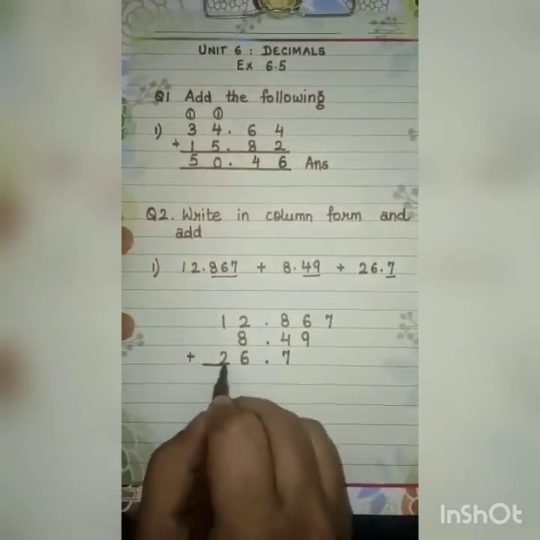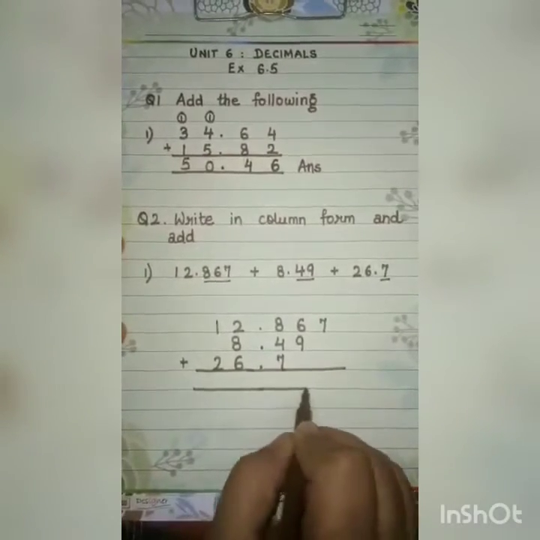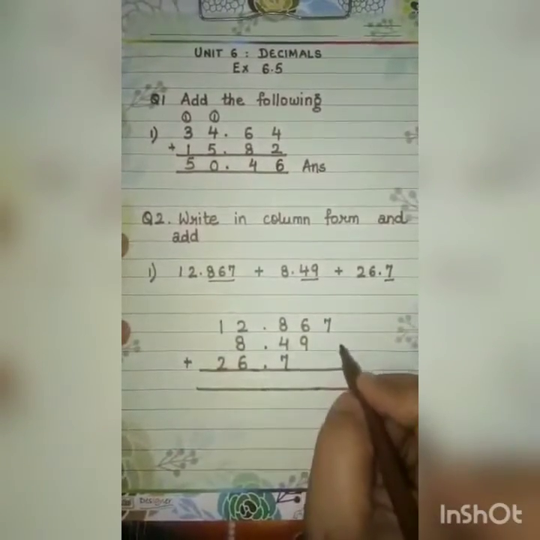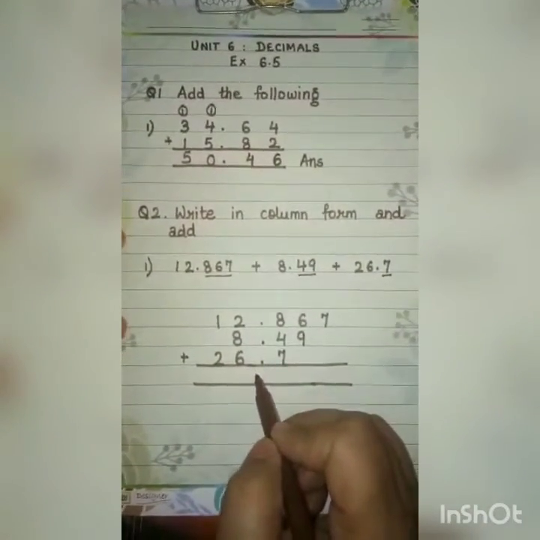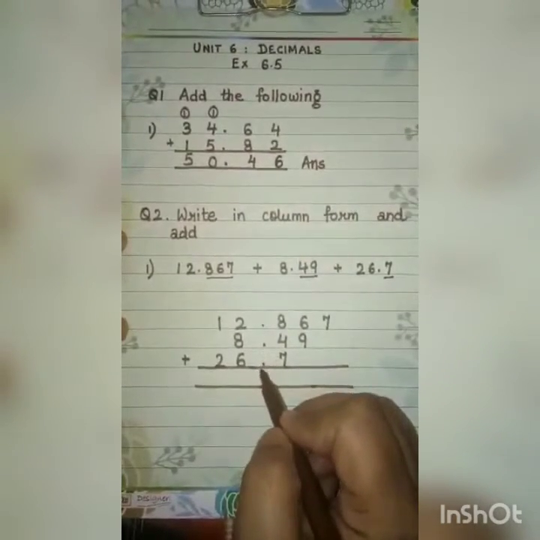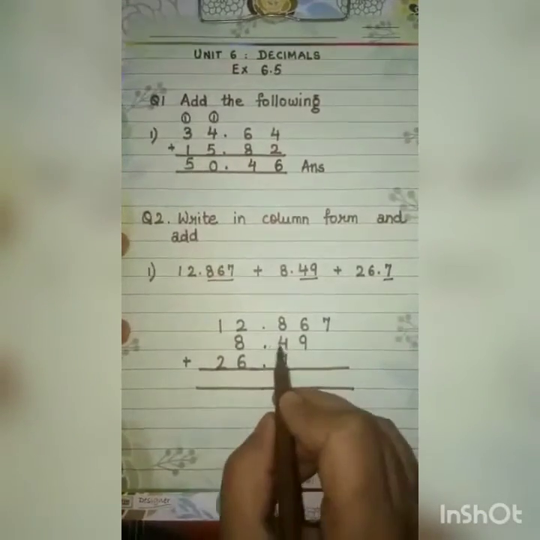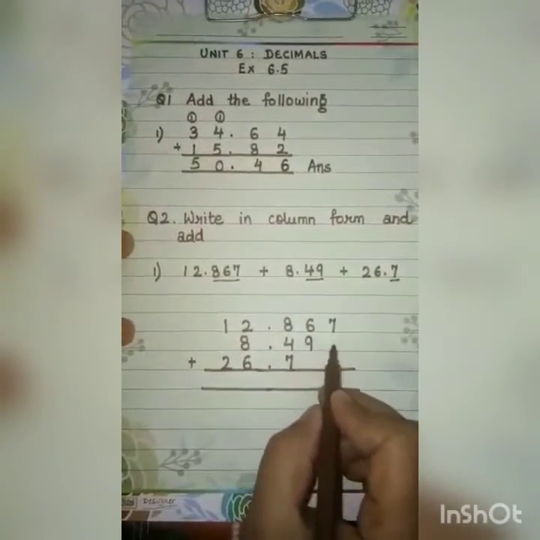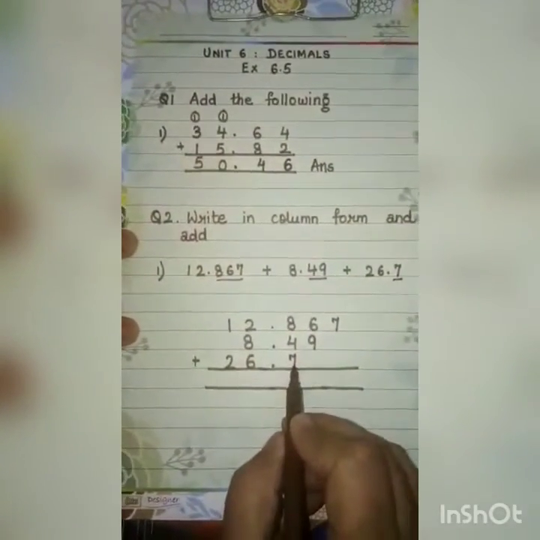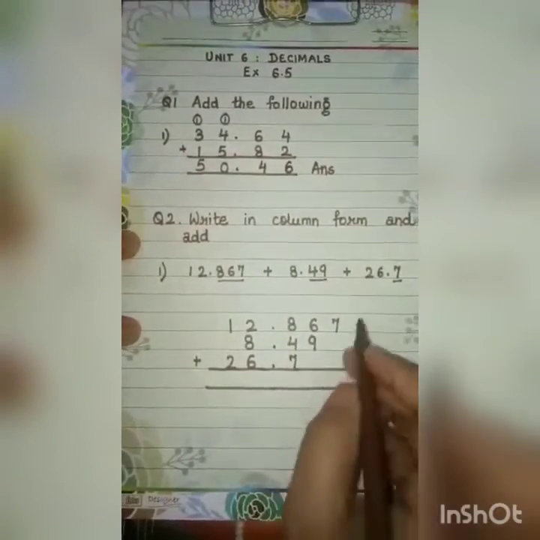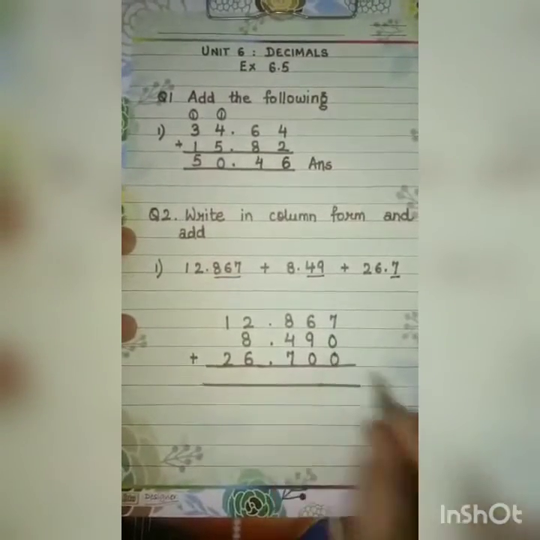Now here you can see that this type of a situation is arising when you stand in assembly ground. During assembly, the teacher instructs you to stand one behind the other. Here the decimal point is also following the discipline. They are one under the other. Now the decimal numbers, the decimal places you have to see after each number. Here we have got 3, here it is 2, here it is 1. So they are unlike decimals. First of all, the first rule is to make them like. And for making them like, we are putting the zeros.